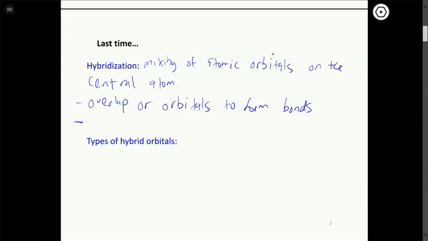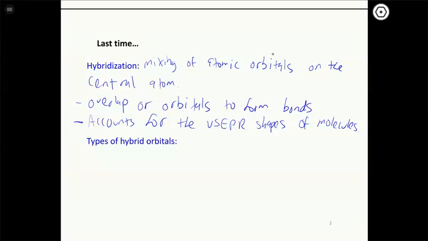And then as I already said, the hybridization accounts for these VSEPR shapes because we know that the valence p orbitals that are typically present in these types of atoms and these types of elements, those valence orbitals are oriented at 90 degrees to each other. So if you want to have more complicated shapes like tetrahedral, like trigonal bipyramidal, all those things, you need to hybridize the orbitals to orient them in the correct positions to be able to form bonds in those directions. So it accounts for that VSEPR shapes that we predicted, which is more of a geometric approach.